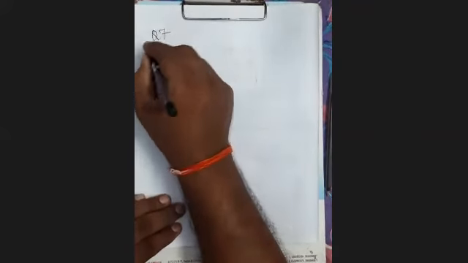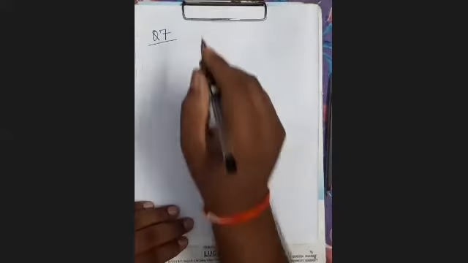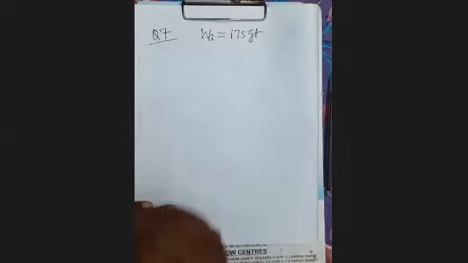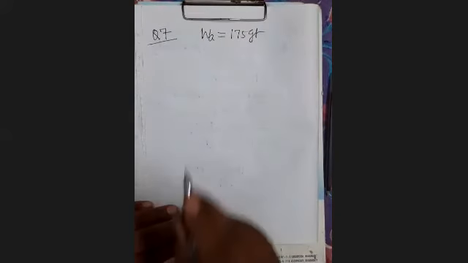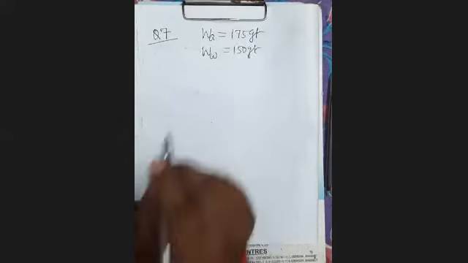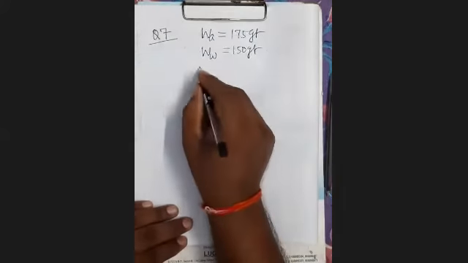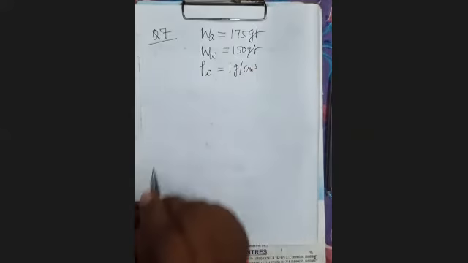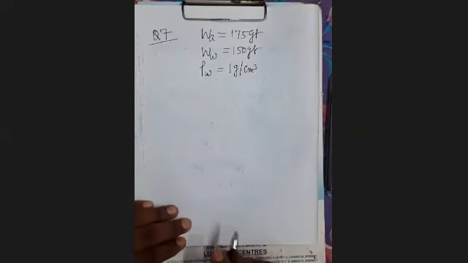Not 6, question number 7, which I left in the beginning. Question number 7. You can see here a piece of brass weighs 175 gram force in air. That is weight in air, 175 gram force. And 150 gram force when fully immersed in water, W_w is 150 gram force. The density of water is given as 1 gram per centimeter cube. What is the volume of the brass piece?